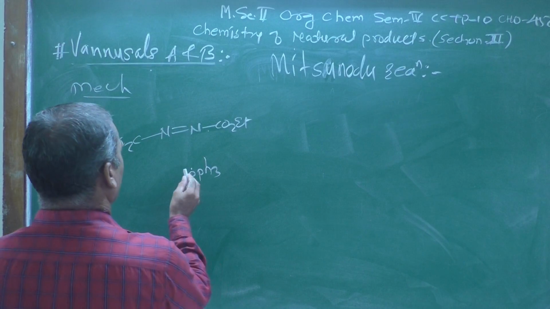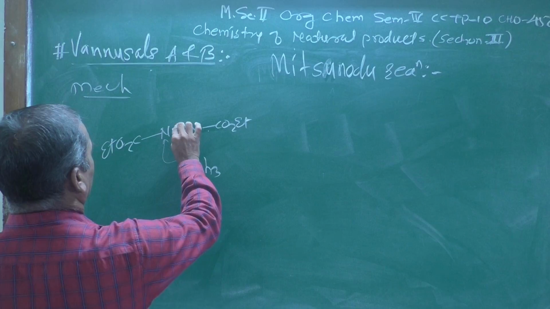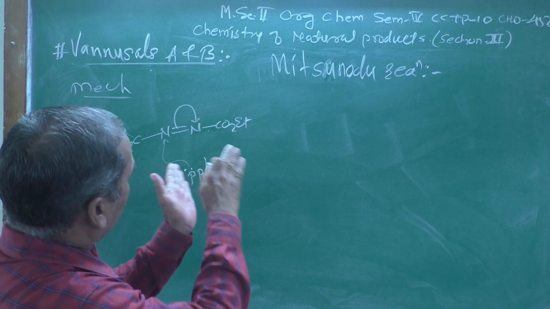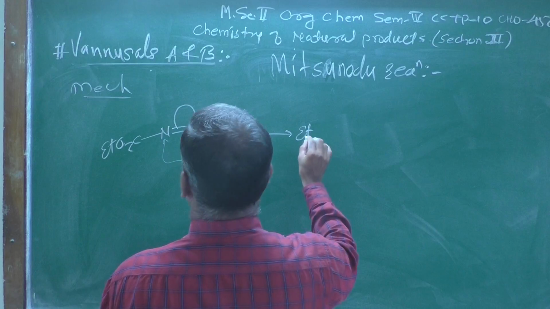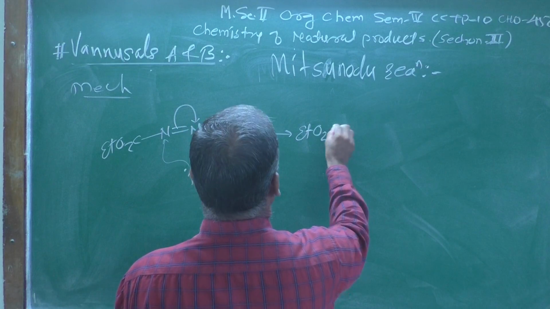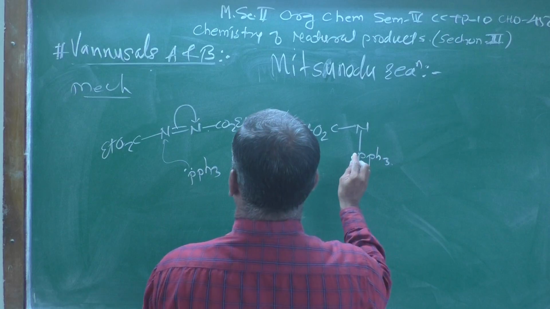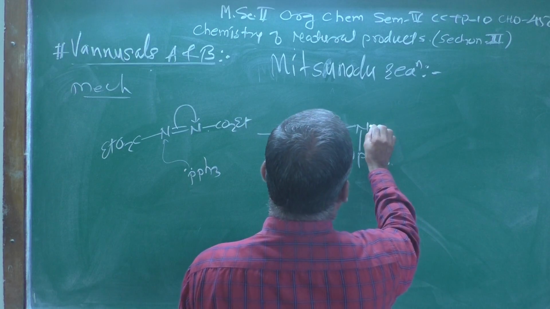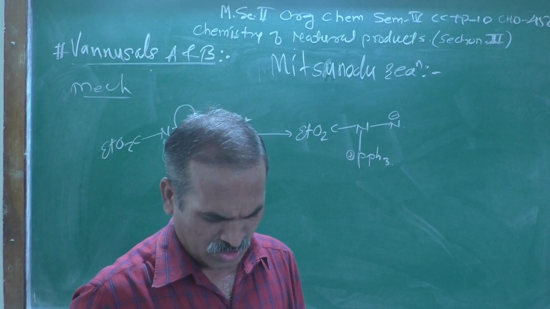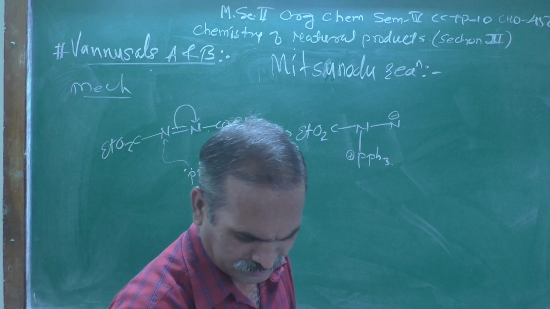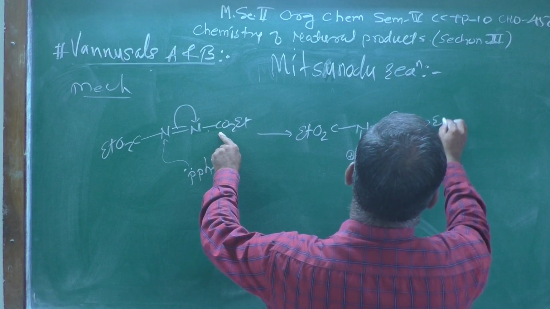triphenylphosphine. When it is attached on that nitrogen atom, because it has a great affinity toward that nitrogen atom, then this double bond concentrates the electron density on that nitrogen atom, so that you are going to get here EtO2C, then N, here PPh3, then a positive charge comes over here, then there will be a negative charge on it, and the rest of the organic compound, CO2Et, remains as it is.